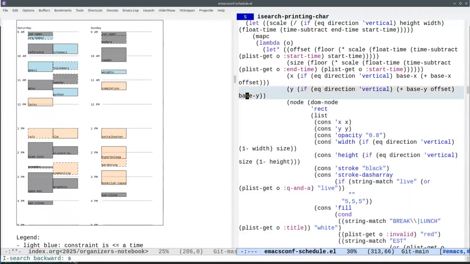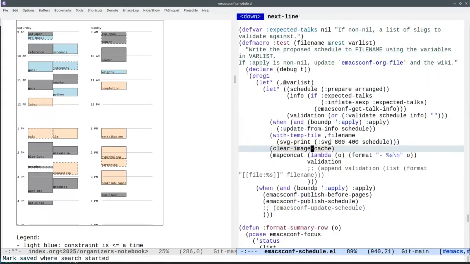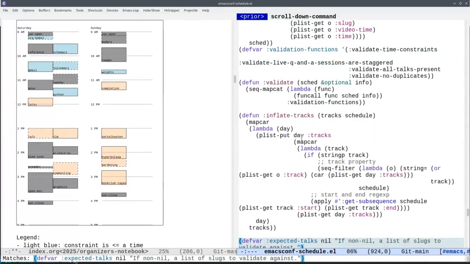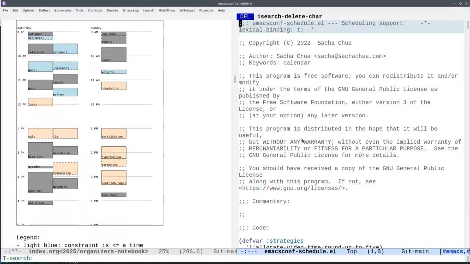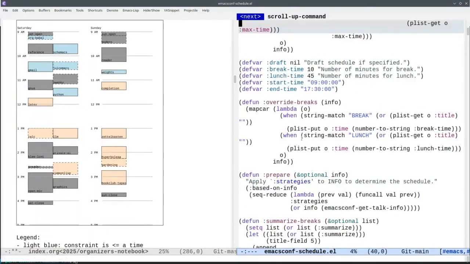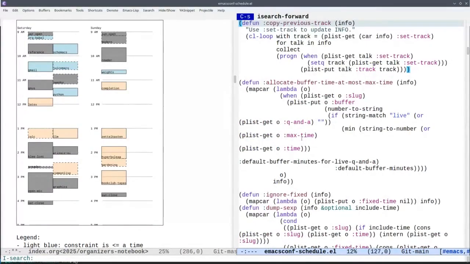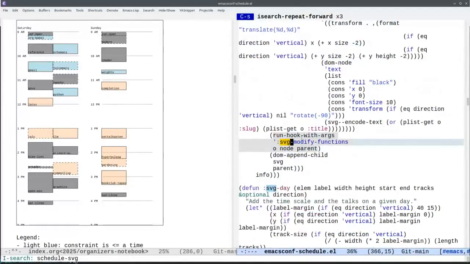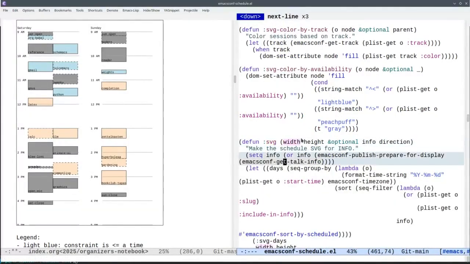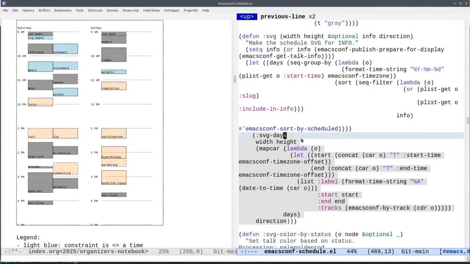And then the whole thing gets SVG printed afterwards. See? So I can just say SVG printed, and then it's good to go. Let me see. Actually, do I have SVG? How does schedule for track SVG? It's a shame that you can't visually interact with parts of an SVG in Emacs the way you can in